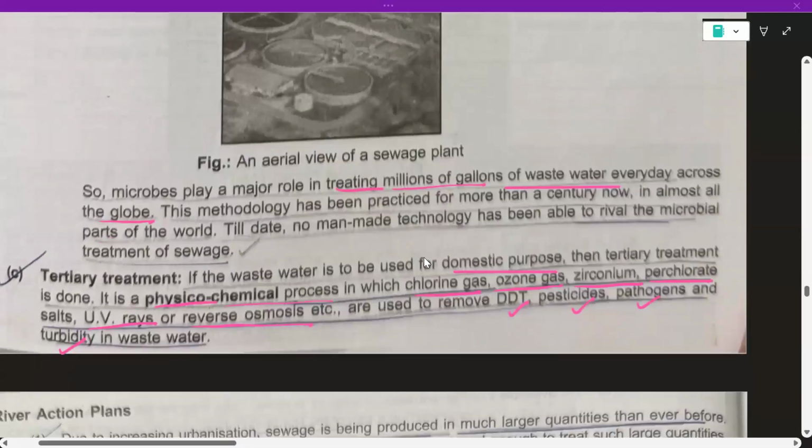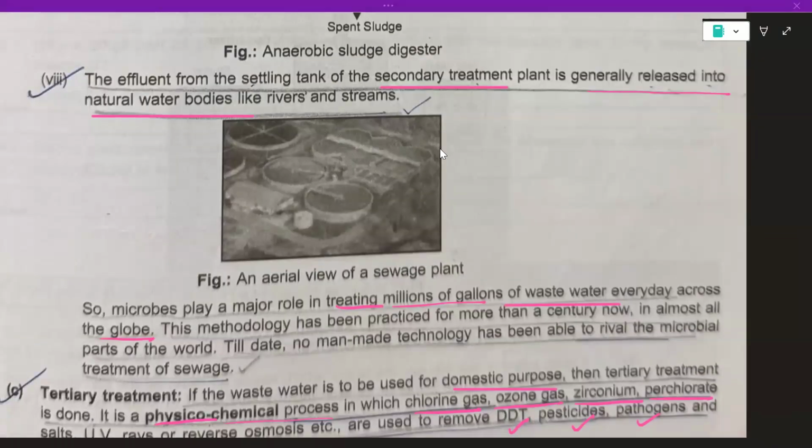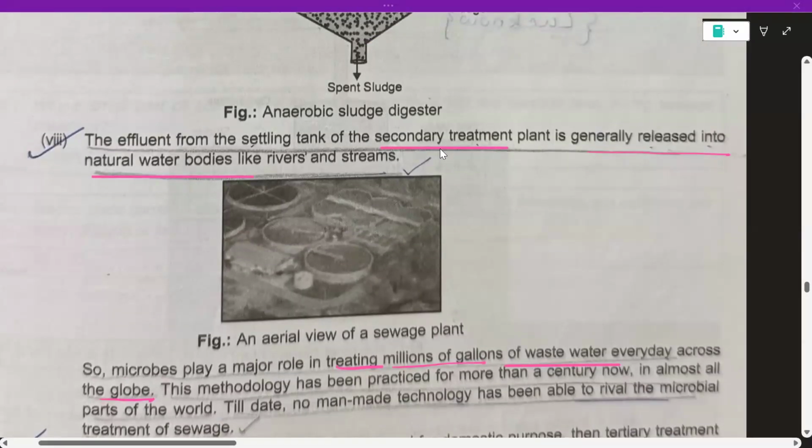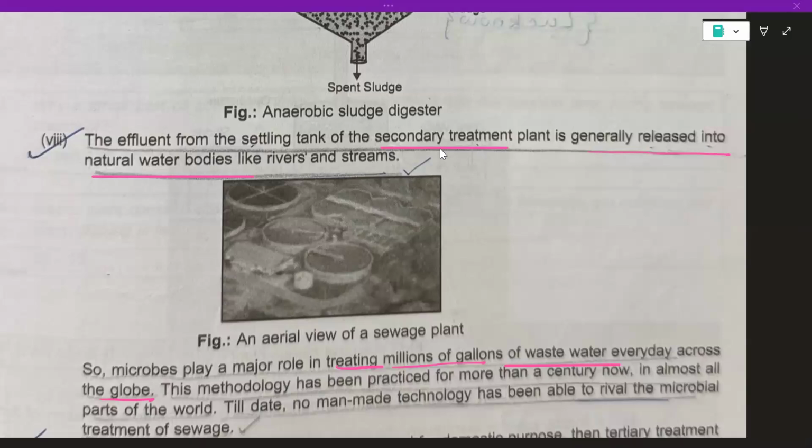Now further, the effluent of the secondary treatment, meaning whatever was left, can be released into the water body because it does not have any polluting substance in it. But for example, if you want to